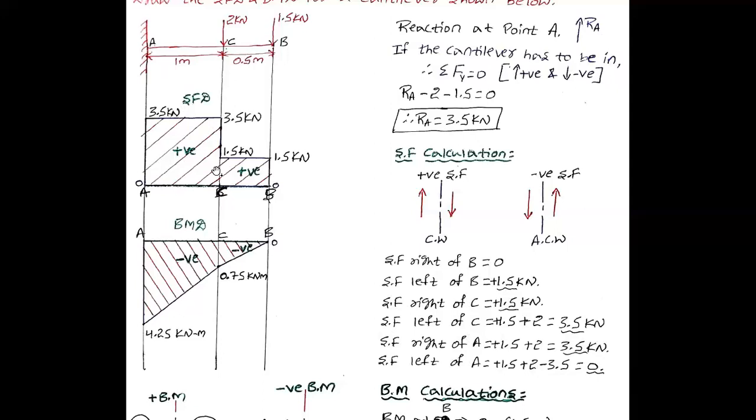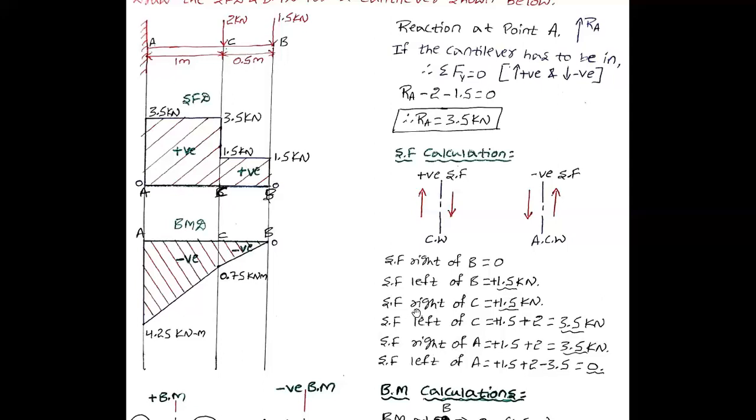Now shear force at right of B, 0. Plot it. At point B, one more load is there, 1.5. Locate that, 1.5 kilonewton. And in between B and C, point load is acting. For shear force, when point load is acting, the variation will be constant. I have also shown how to draw the variations. You can refer to the previous videos. I will give that link in the description. Through that you can see that.